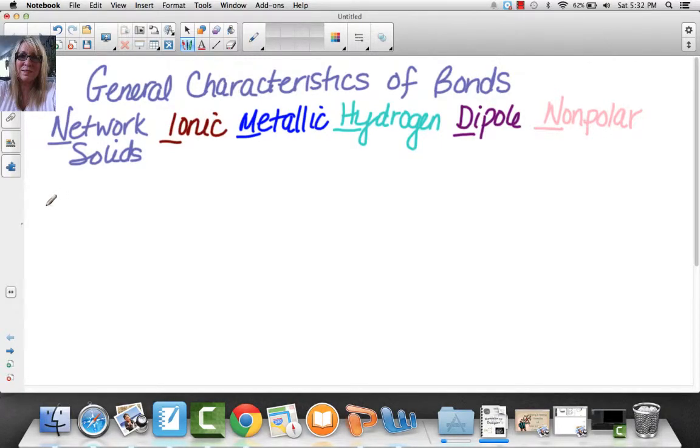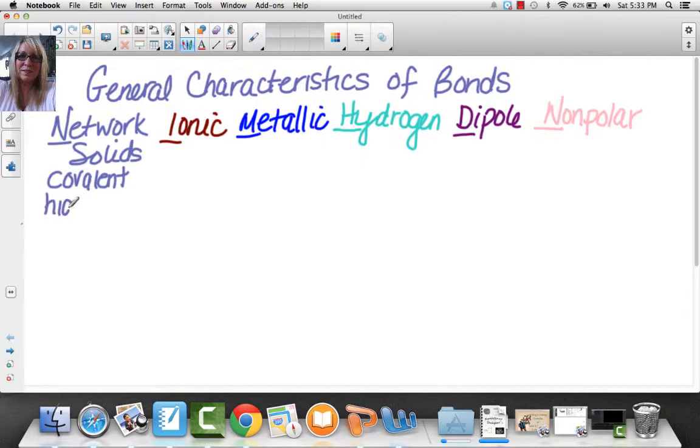Okay, so I'm going to take a few minutes and go through the general characteristics of bonds. And I'm going to go through them in a particular order. We're going to start with network solids, then ionic, metallic, hydrogen, dipole, nonpolar. The reason why I'm going through them in that order is because that's also the strength of the bonds from strongest to weakest. So what we should know about network solids is that they are covalent and they have the